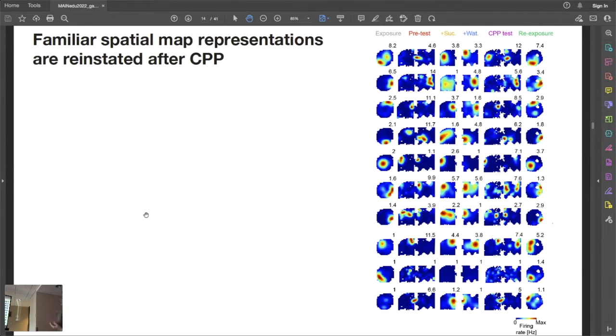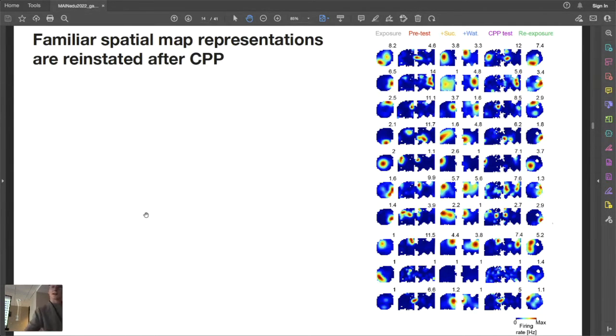Now, neurons in the hippocampus are famous for their place cells, right? So the first thing we did to characterize this change in the representation was to look at place cells. And as you can see in these examples, many cells do, we say, remap, so they change their place field when they encounter a new environment, okay? But then when they go back to the re-exposure, they show again the same firing field,